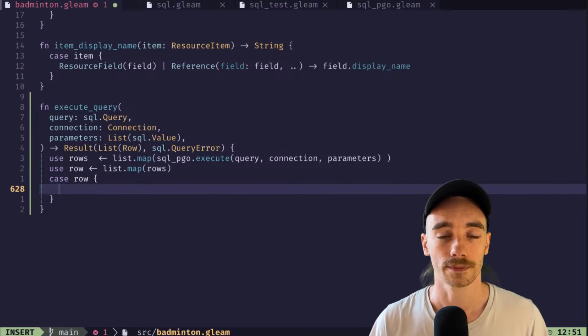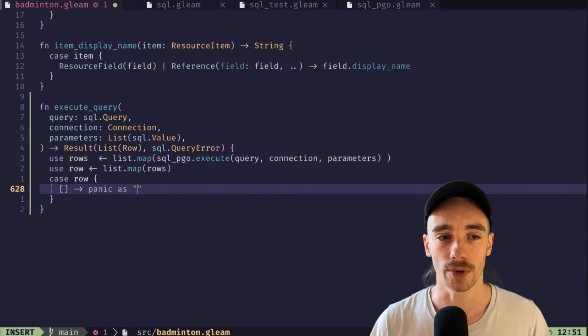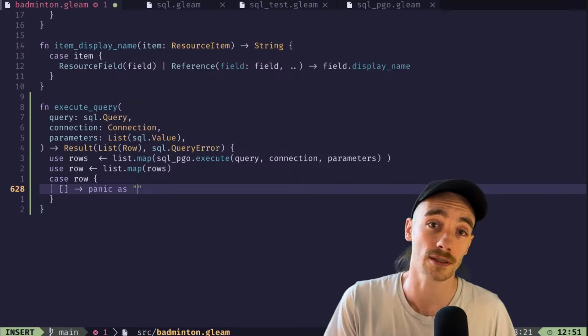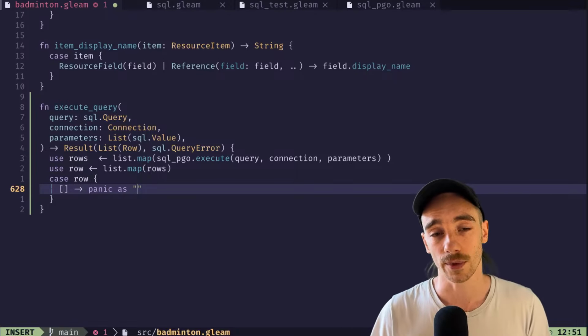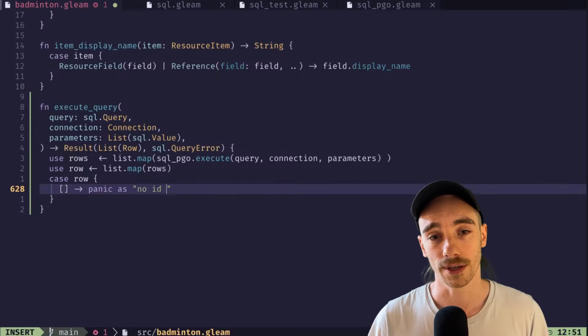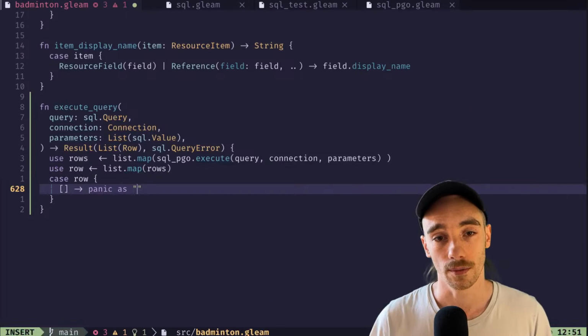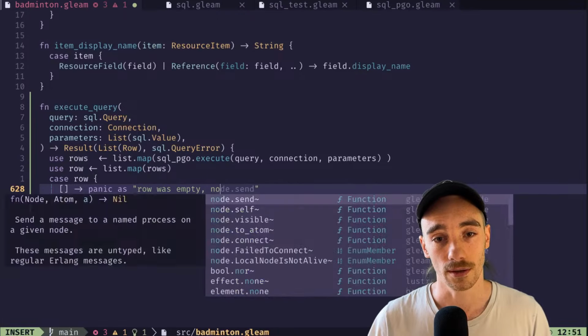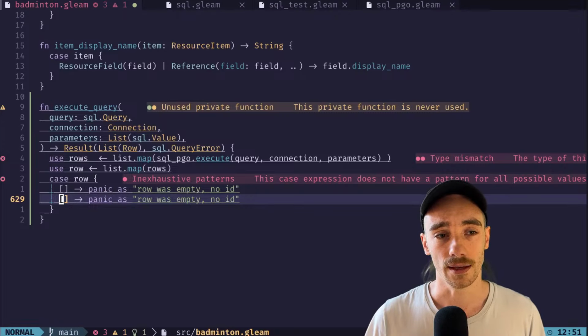Row. If it is, let's just crash if we get these wrong, because this is a logic error. It's not a user error. Well, let's not expose it to them. So panic, and we can say no ID was returned. Row was empty, no ID. And then we want to have a